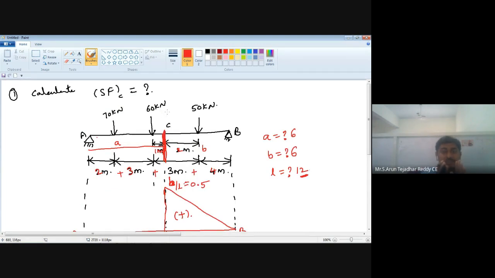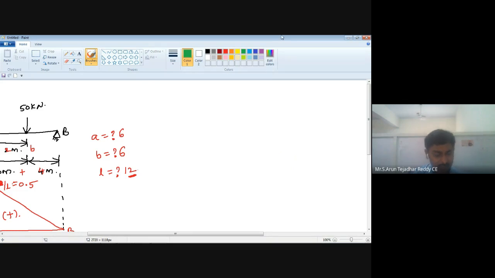See, just identify given loads. The next step is identify given loads and calculate ordinates where the loads are acting on that place. Calculate our ordinates, because it is one of the advanced topics. Finally, last step is shear force at C. Formula is load into ordinate. First observe here, then we will calculate next one.